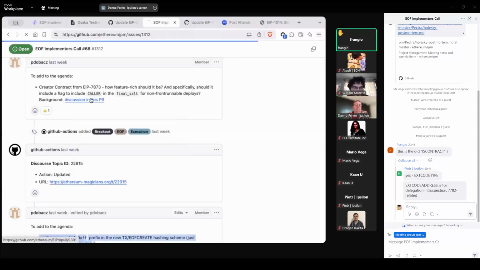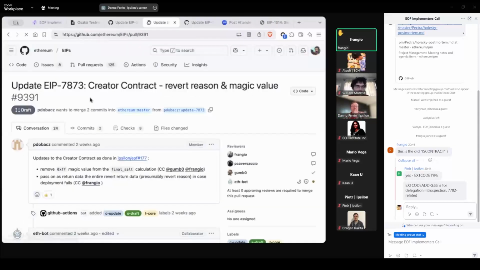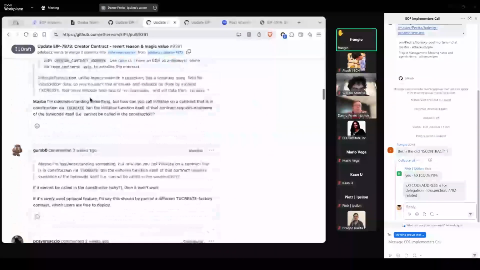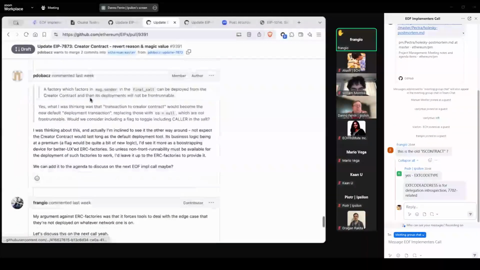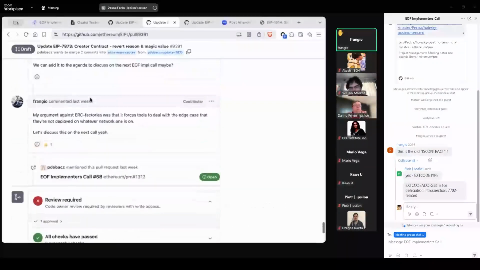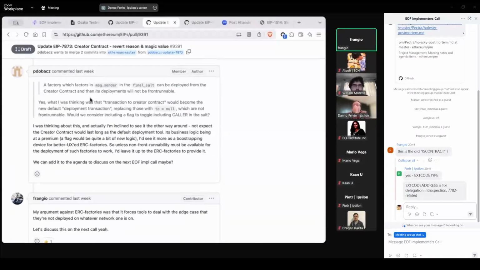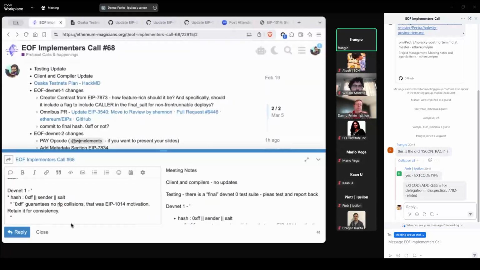Just to summarize what I understand about this: the creator contract as is, is front-runnable. That means if you see a transaction to the creator contract, you can take it, submit it yourself, and you'll get the same resulting address.